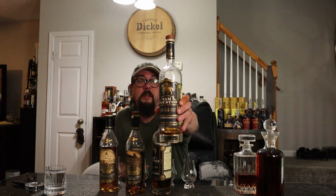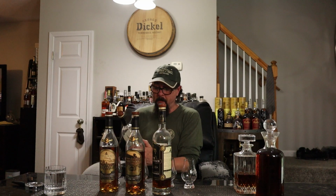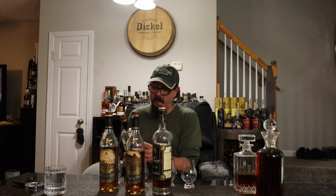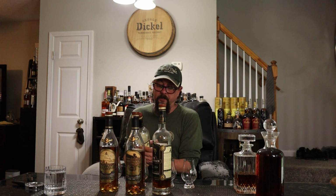So what we have here is the Sam Houston 14-year-old Kentucky Straight Bourbon Whiskey, 98 proof. I'm not going to read this Sam Houston story because the writing's way too small, but it's batch number Tennessee 01, batch size 2 barrels. Barrel date is April of 2006. It's a 14-year-old, 1 month,